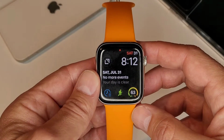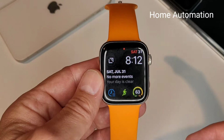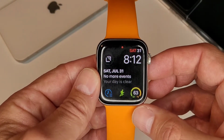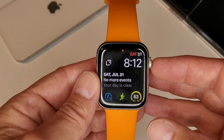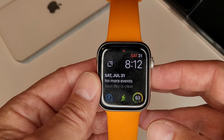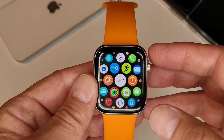Okay, the first thing I'd like to talk about is home automation. You can use your watch for home automation if you have it in HomeKit, and if you don't have it in HomeKit, you still can use it for several different apps. Example would be,